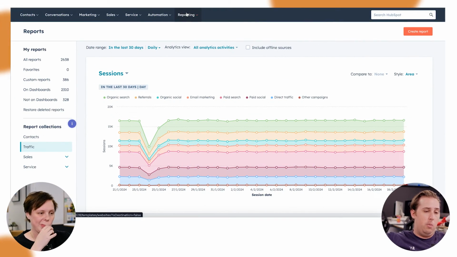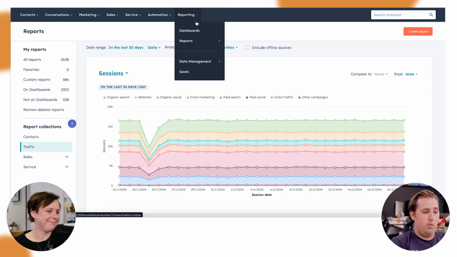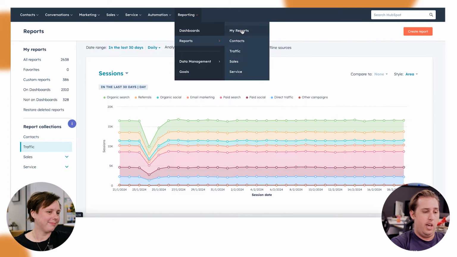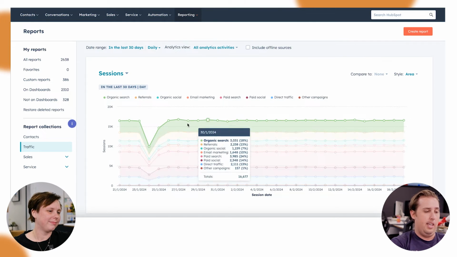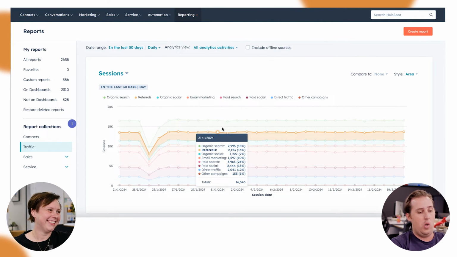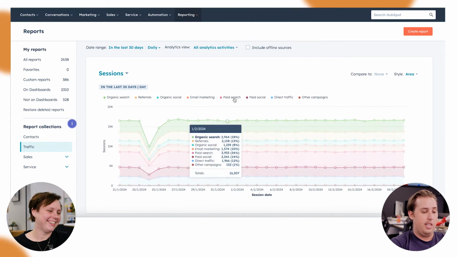So to get to the reporting, under the reporting menu in HubSpot, if you go to reports and then down to traffic under reports, you'll get to a page that looks like this. Now this is also some test data, so bear in mind that what you're seeing here is